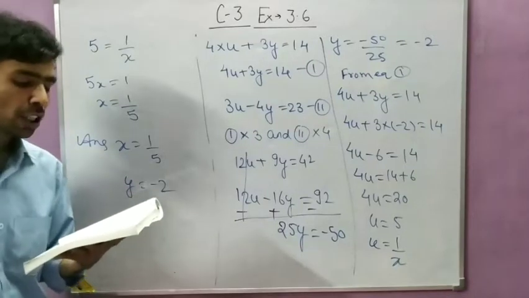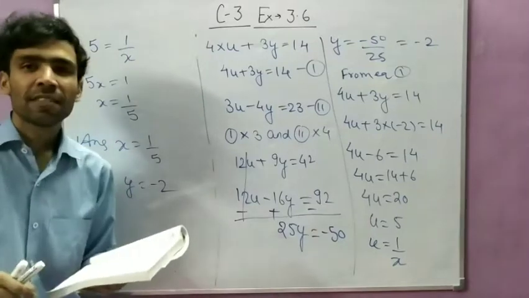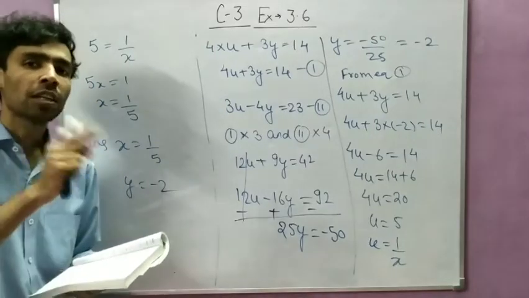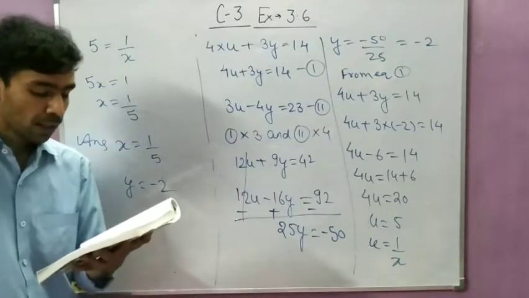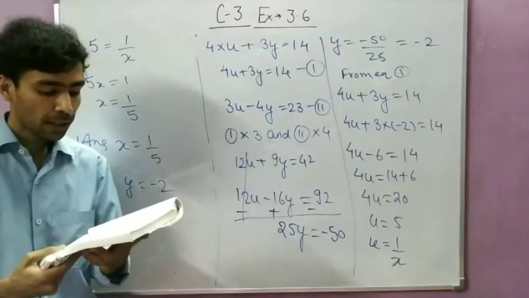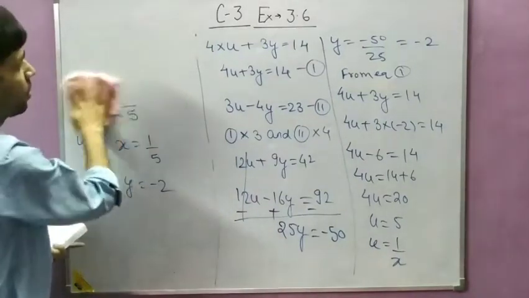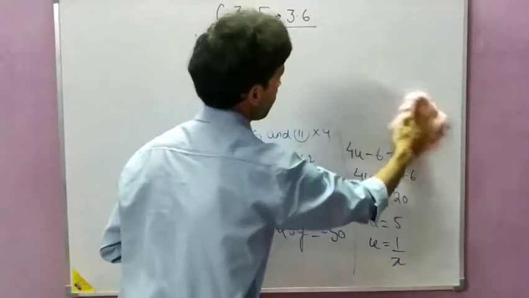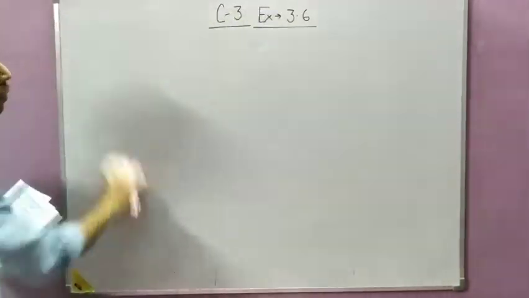Now student, question number 4 is also the same. What you will do, you will assume 1 upon x minus 1 equal to u and 1 upon y minus 2 equal to v. And whatever procedure you have used for the earlier question, the same will be applied to question number 4 also. So I am going to solve question number 7, because the remaining questions are very simple, student. You will try, you can do it. So I am going to solve part 7 of question number 1.